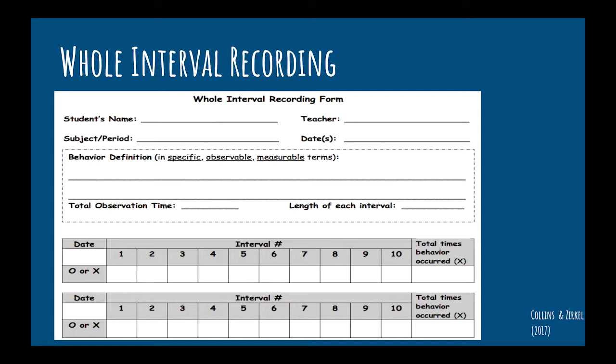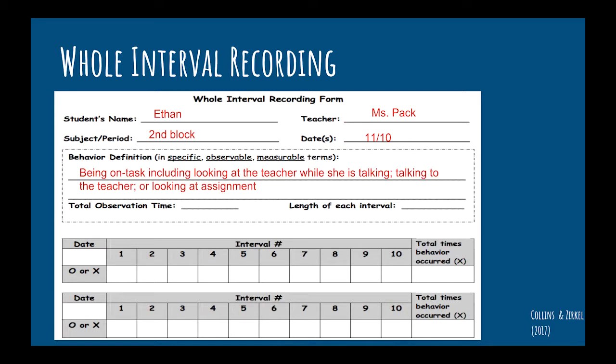In whole interval recording, the observer marks down whether a behavior occurs throughout the entire interval by placing an X for occurrence or O for non-occurrence. Whole interval recording means the observer is interested in the behavior that occurs during the entire interval. Examples of ongoing behaviors that can be observed using whole interval recording include writing, walking, reading, or working on a given assignment. Once the recording is complete, the observer counts